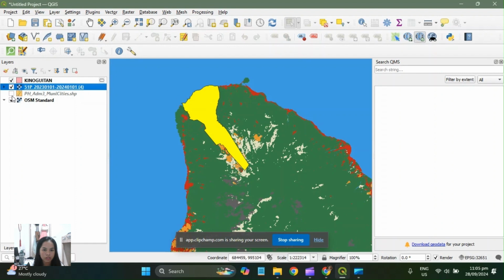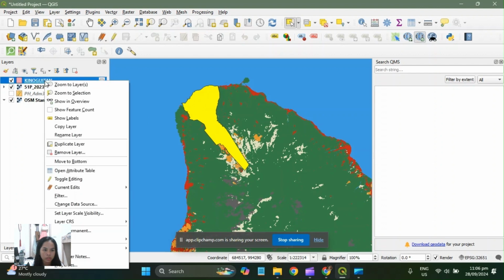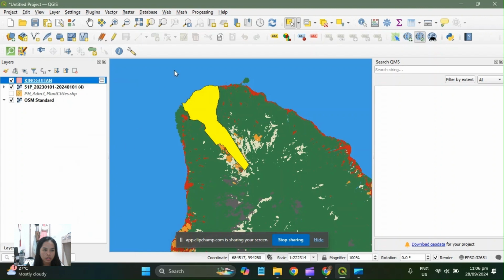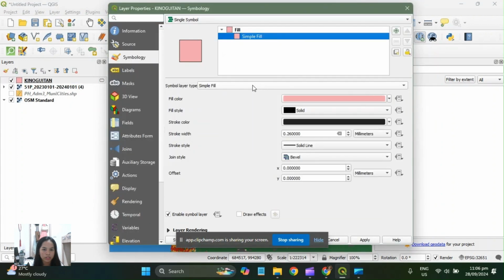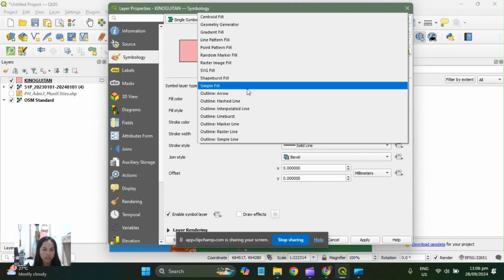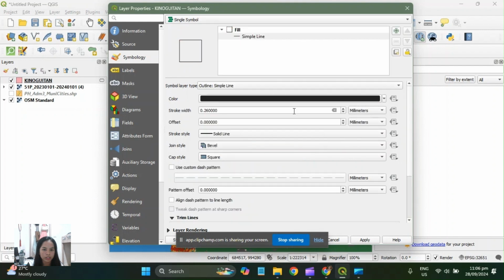As you can see, you need to open the properties and then go to the simple fill, simple layer, then outline simple line. So you can adjust the stroke width, apply, and then okay.